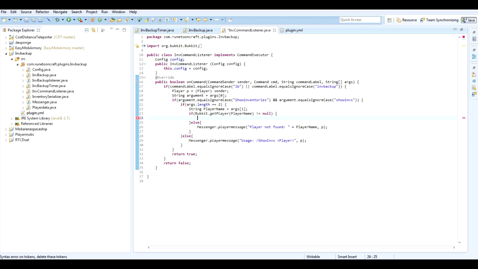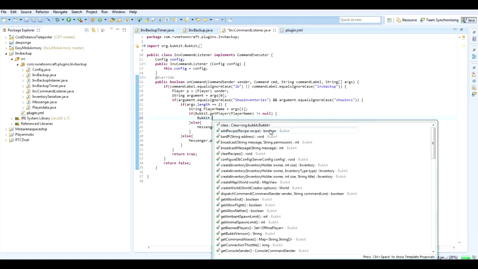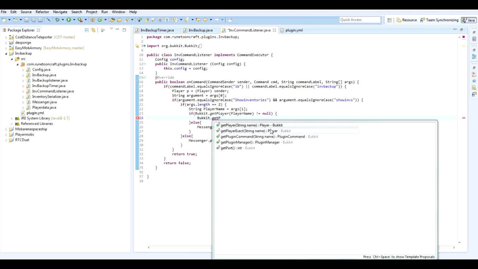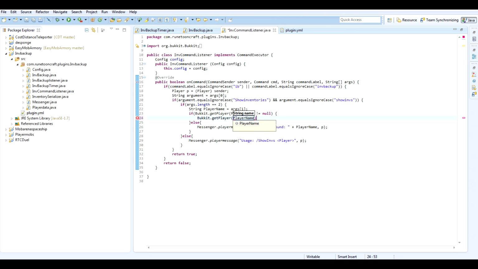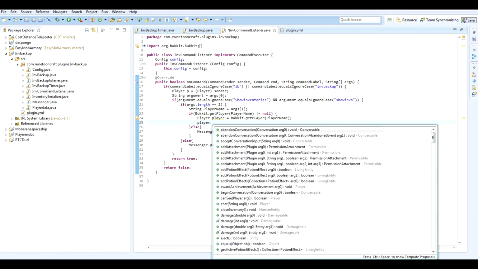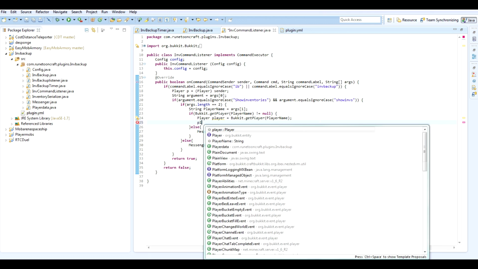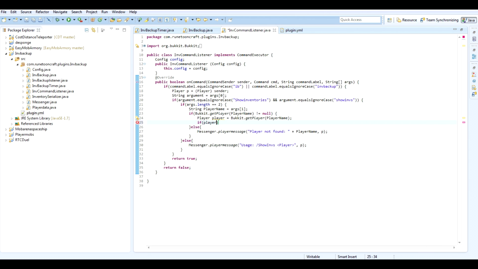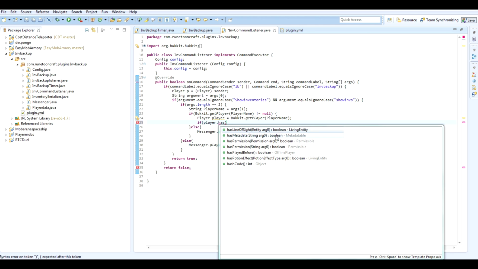So we'll do Bukkit.getPlayer(playerName). Well actually we can't use p because we used it up there. Player, we'll just do player equals Bukkit.getPlayer, and then we can do player dot, I think it's here, yeah, so it's where we type in if player.hasPermission,